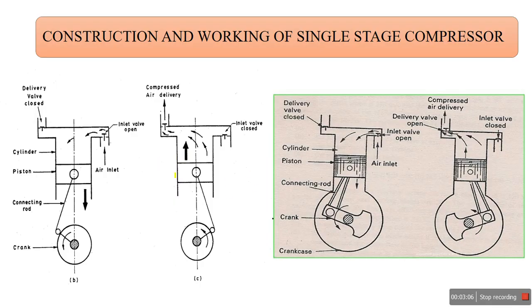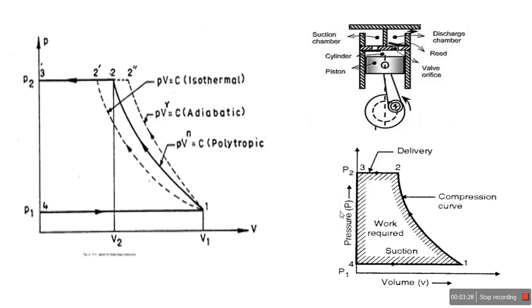If we see, the construction and working are similar to an IC engine, where the piston reciprocates inside the cylinder. The piston is connected with the help of a connecting rod by a gudgeon pin, and the connecting rod is mounted on the crankshaft. The crankshaft is either